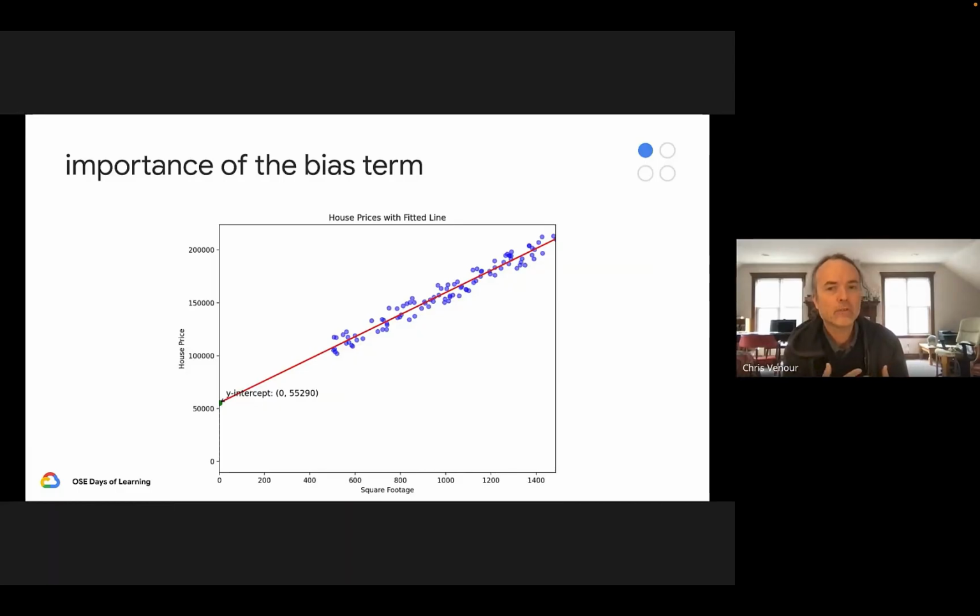So if you look at the graph, you'll see that the house price line crosses the y-axis at around $55,000, even when all the feature values are zero. So it's like saying the cheapest house isn't $0. Instead, it's this base price of $55,000. So having a bias term allows the network to learn better because it separates that base price from the impact of specific house features. And so making sure each node has its own bias term often makes the network simpler and allows it to train faster and to predict more accurately.